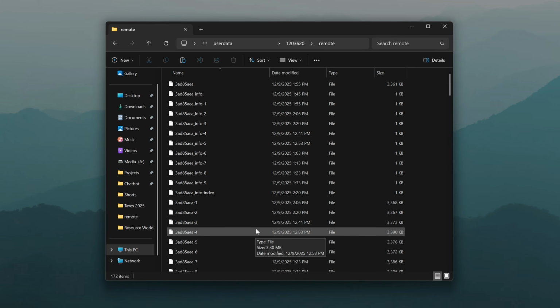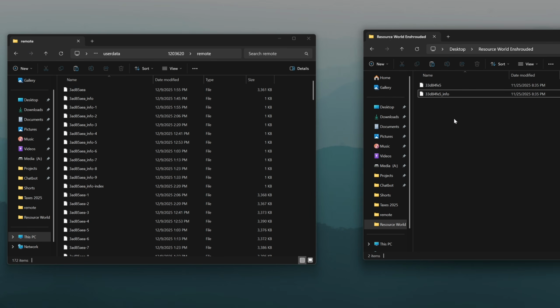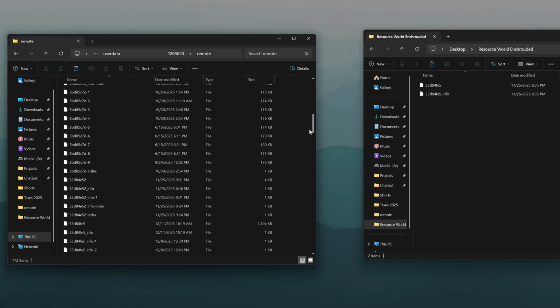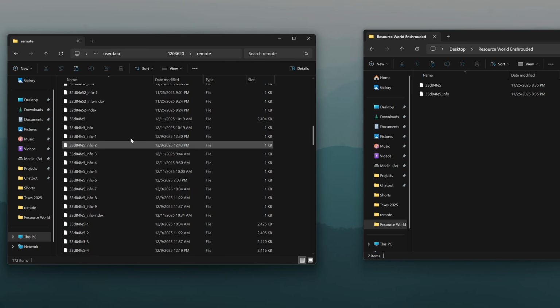So now if you want to download someone else's world, for example, I have that same resource world that I'm going to pull up the folder where I have downloaded those files. It's not the same as local saves. You can't just drag these into the folder, especially if you haven't already created a world in that slot. So I already know that these are named as slot 10, but it's not as simple as just dragging them in. Or if I have a slot 10 already in here, I cannot just delete those files and then drag it in,